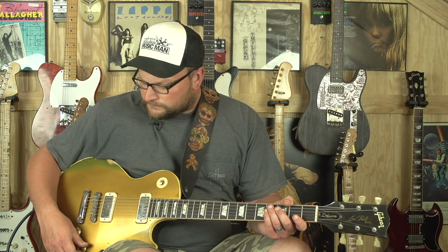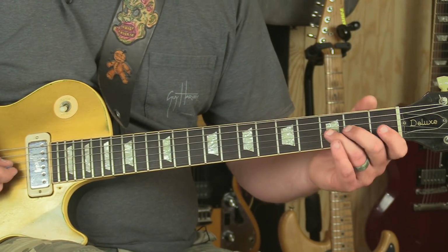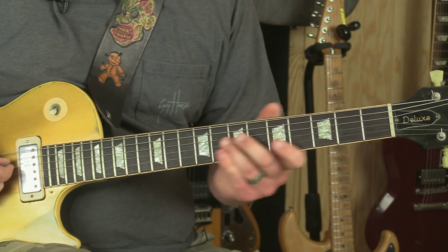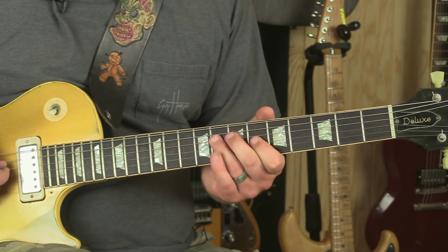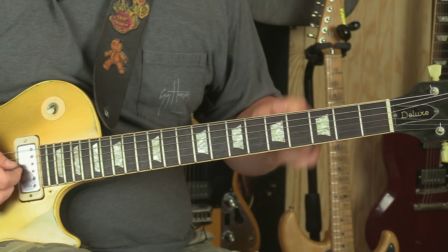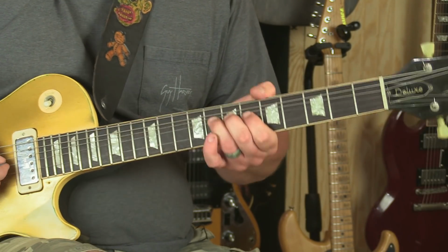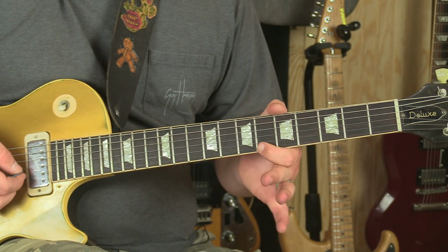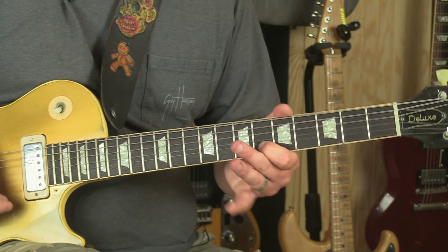You look at B.B. King, and he had a very characteristic vibrato style on the high E string. You don't have a lot of real estate there. On this string, let's say I go on the G string, I can bend, I can waver in one area back and forth if I want, but on the high E string, the characteristic I have to pay attention to is that I don't have that ability, so I have to give more of a...